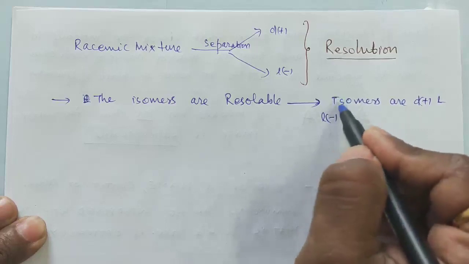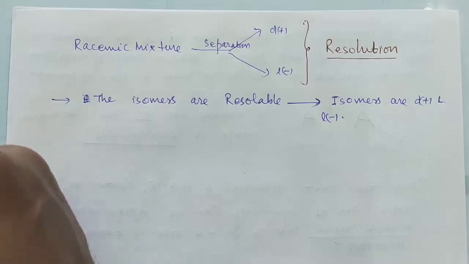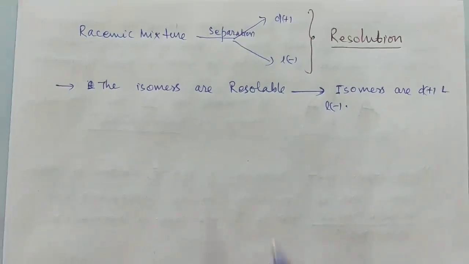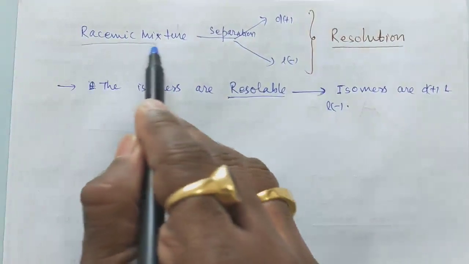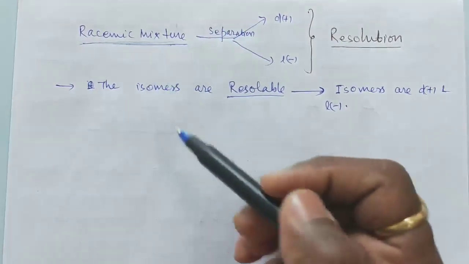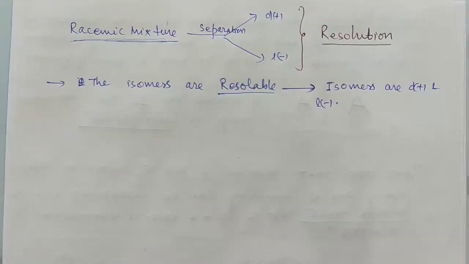No other kind of isomers, like suppose you have a mixture and cis and trans form is there, then we cannot use the term resolvable. The term resolvable comes only when the mixture has dextro and levo form. It means the examiner is asking you to find the number of optical isomers, right? This is the meaning of the term resolvable, and a very simple definition is this: the separation of dextro and levo form from the racemic mixture is called resolution, right?